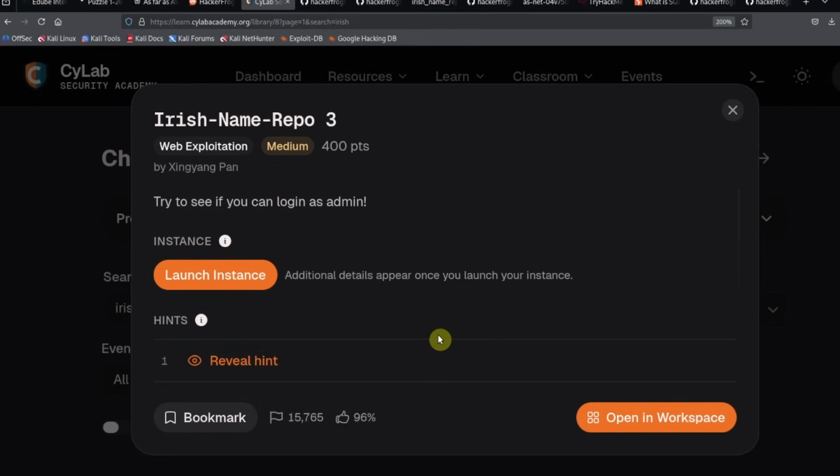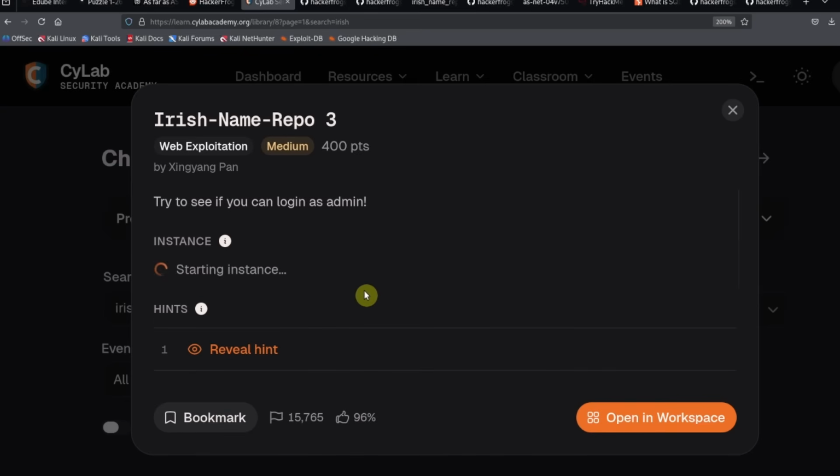All right, everybody, this is a guided walkthrough for the Irish-Name-Repo 3 challenge from Cylab/picoCTF as part of the picoCTF 2019 event in their web exploitation series of challenges. The description says, try to see if you can log in as admin, and then they've got a launch instance button, which is going to launch the instance for the challenge. So we'll click on that,